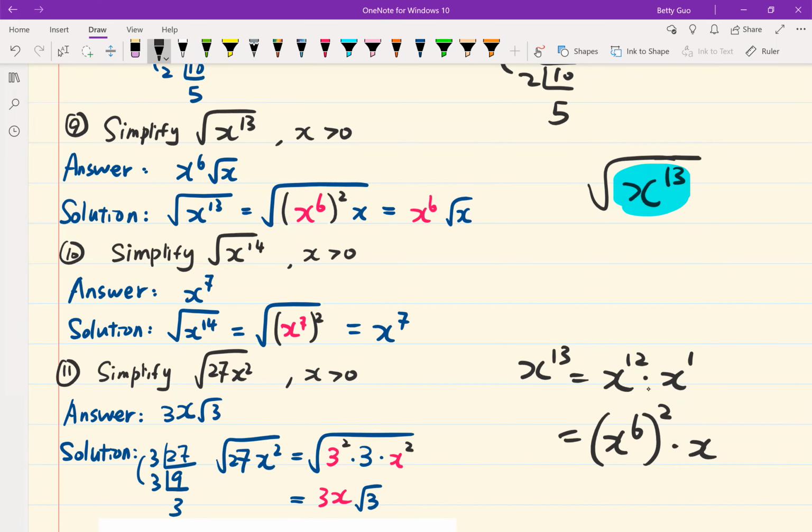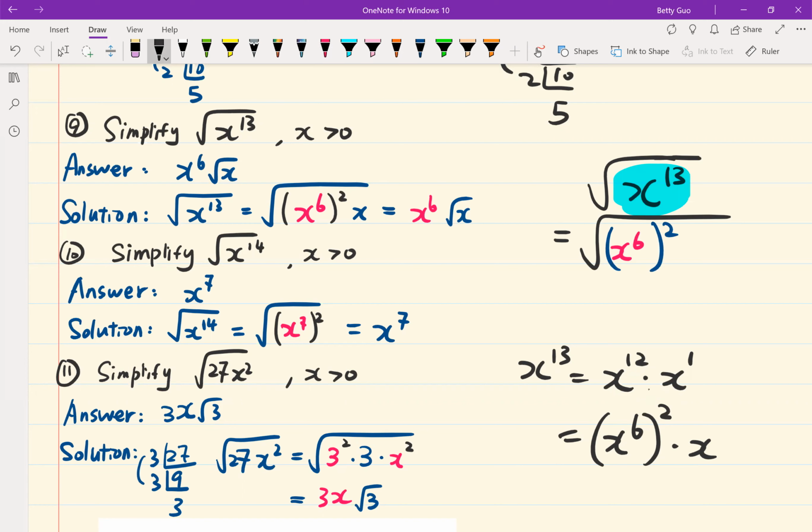Power rule: 6 times 2 is 12. Then the radicand of the square root, which is x to the power of 13, can be written as x to the power of 6